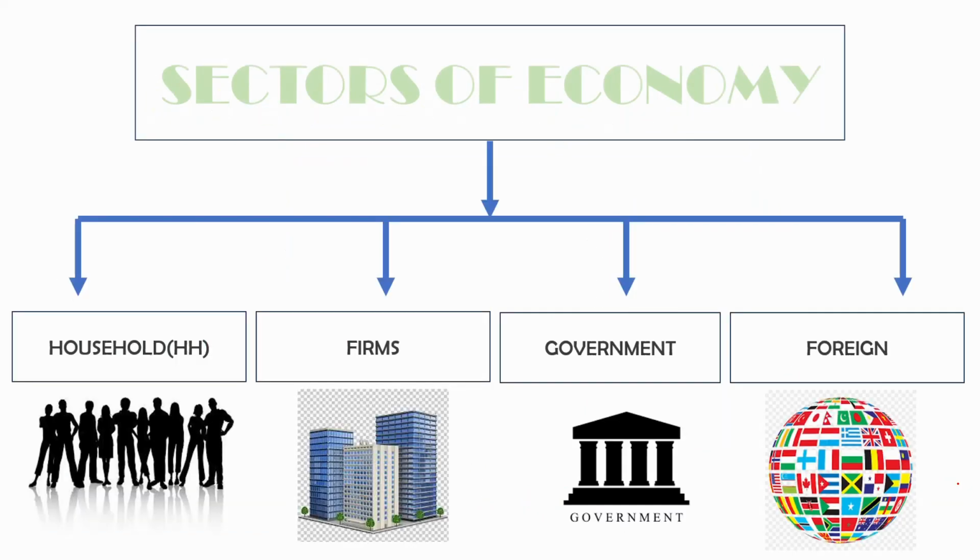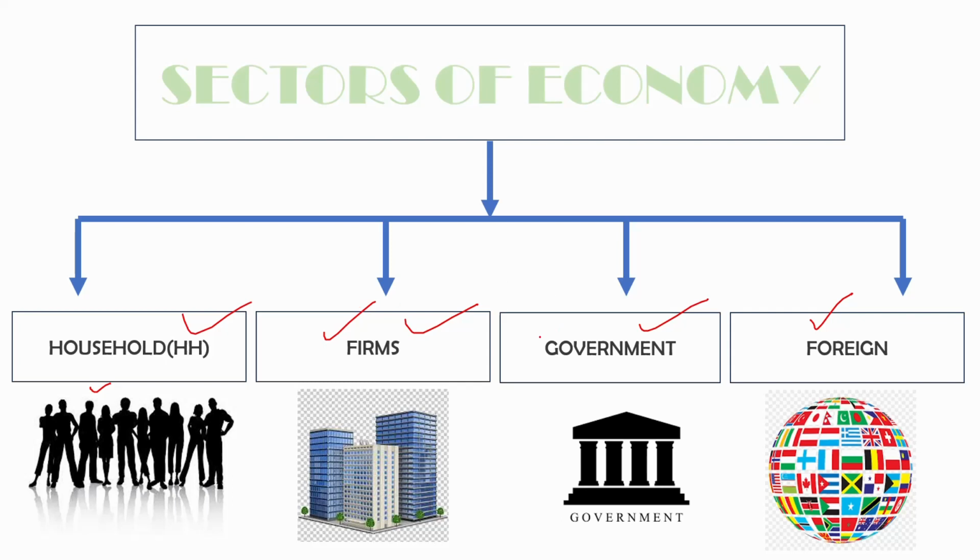Next, what are the sectors of economy? Now, there are majorly four areas where people work. First one constitutes household, second is firms, third is government, and fourth is foreign sector. Household includes people like you and me. These are people who are working. For example, a doctor gives out a service, his or her service. So that person is a household, giving out services. Then firms, they help in manufacturing goods and they help in continuous supply of goods.